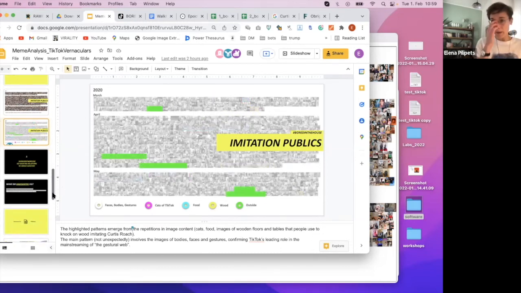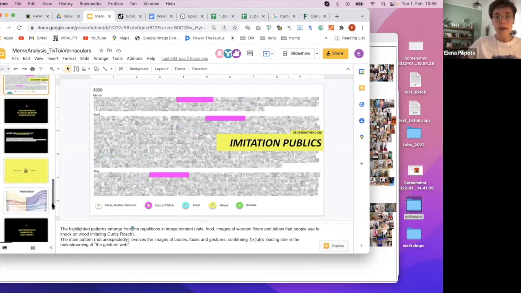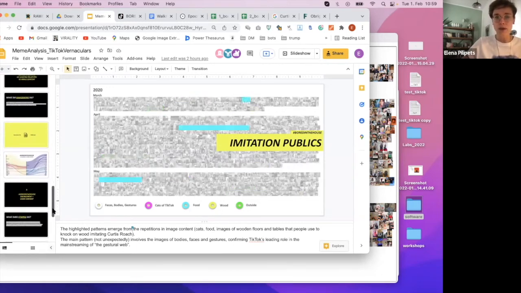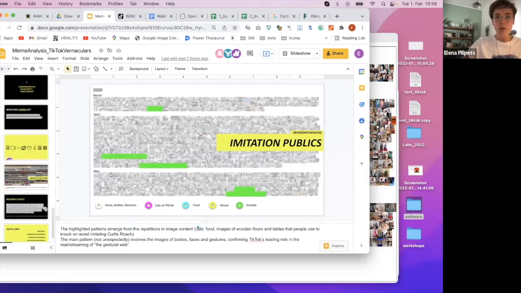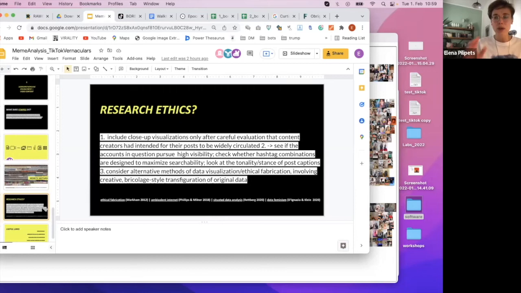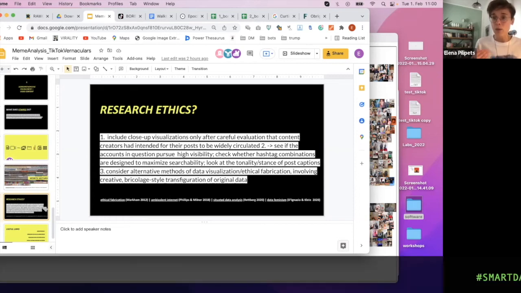And now I want us to create something else. Yesterday we started to discuss some ethical issues, also: which images do we want to visualize, which images do we actually want to show. As Kathleen mentioned yesterday, it's always question driven. And every time you work with visualizations, and especially with zoom-ins, just consider